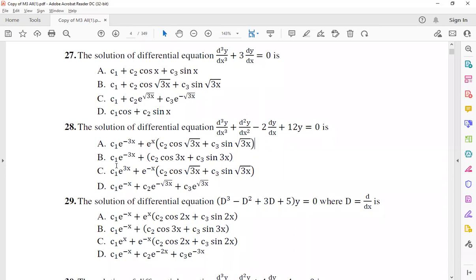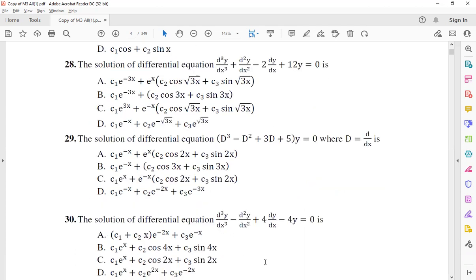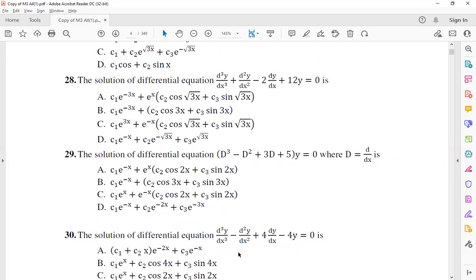-3. Okay, in both of these cases it is -3. So either A or B can be true. e raised to alpha x, right? So alpha is 1 here and alpha is 0 there, and 0.86 is √3. So cos beta, beta is 0.86. This one is correct. A. Chala, go with 29.